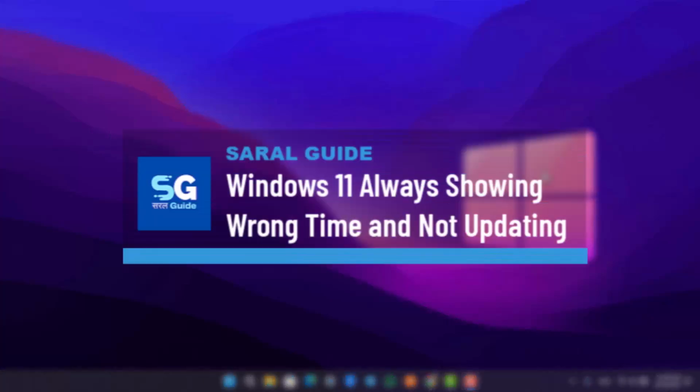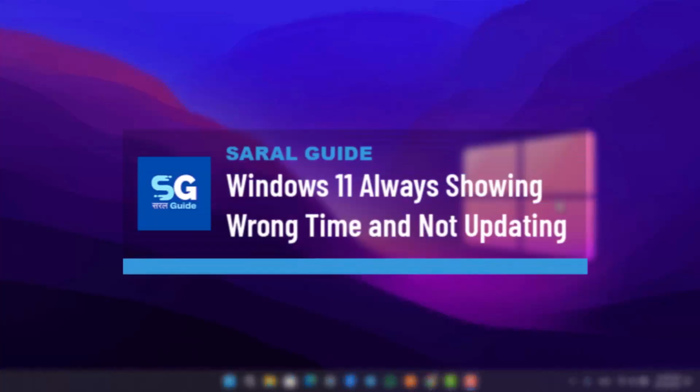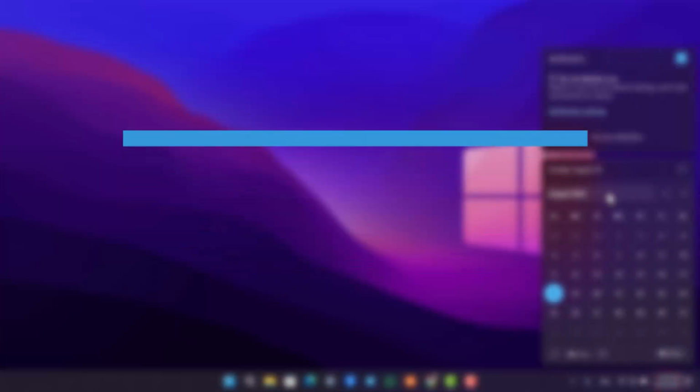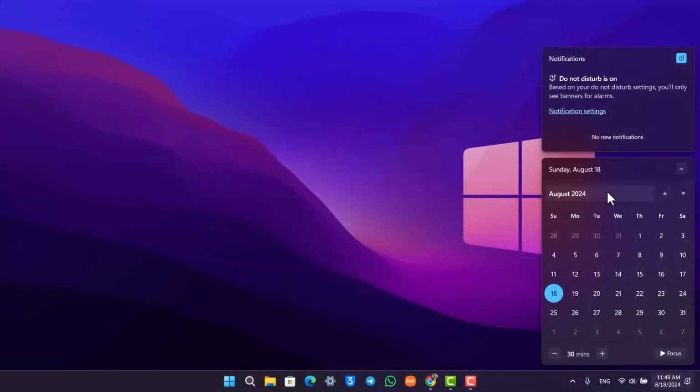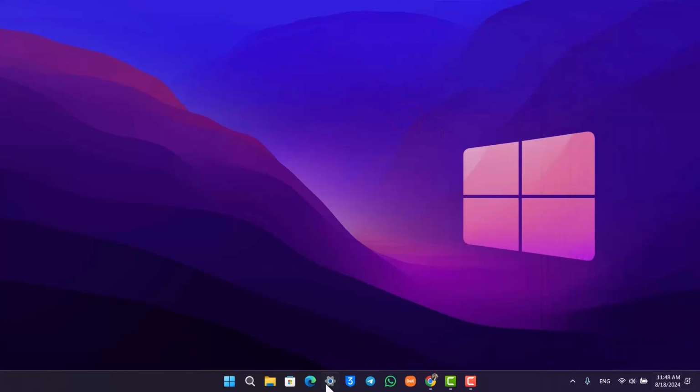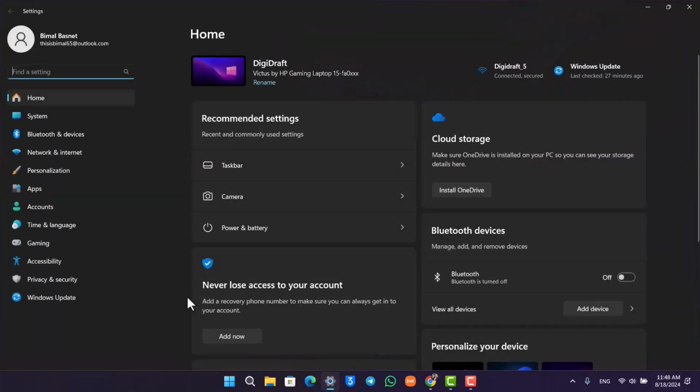Windows 11 always showing wrong time and not updating. So if your Windows is showing you the wrong time or wrong time format for some reason and it's even not updating, there are a couple of ways to fix it. This issue could be caused due to the time format or the region that you have selected or your manual